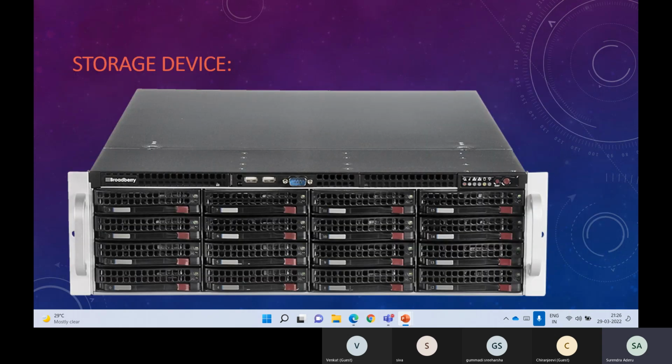Typically, this is how your storage device looks. It is also like a rack, with very big disks, and the entire hardware consists of your physical disks. What will happen? Your storage administrator will connect to the storage device and manage it. Whenever your environment, for example SQL Server, requires some SAN storage as a LUN or a shared volume, your storage admin will assign the LUNs or storage disks to your servers.